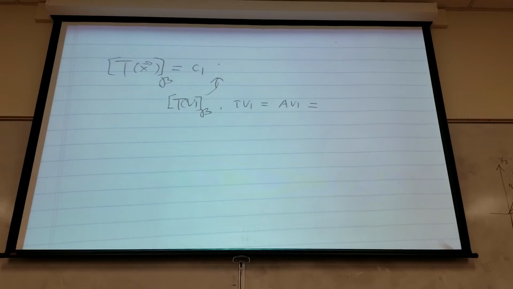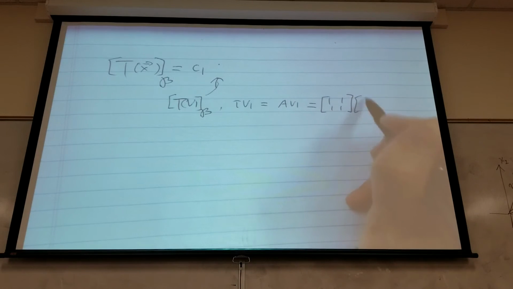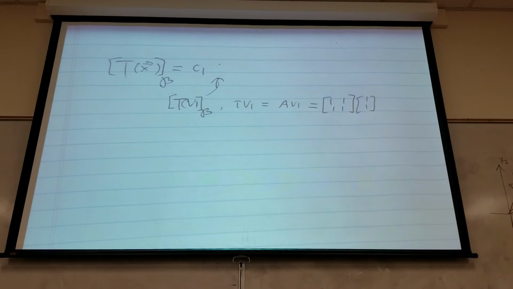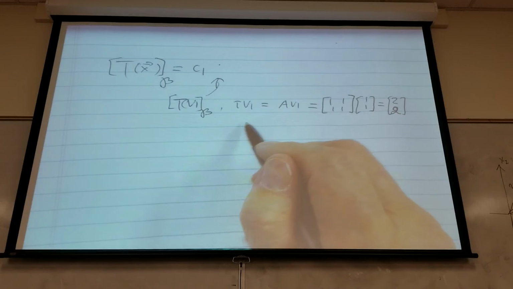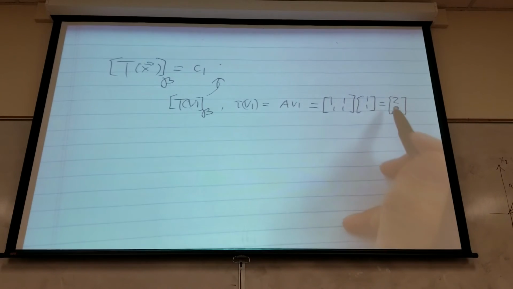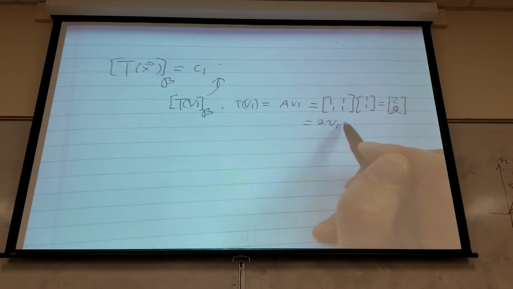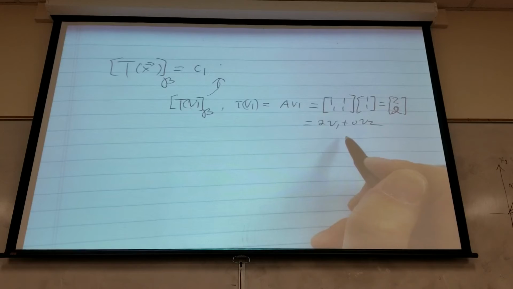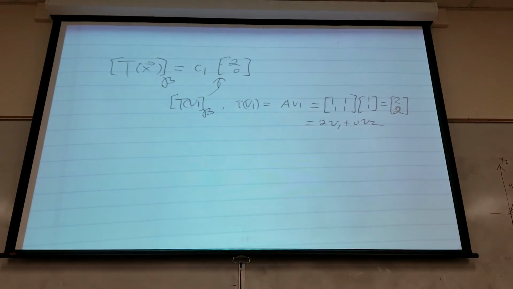You do AV1. So that is 1, 1, 1, 1 times 1, 1. What are we getting? 2, 2, right? And then what is the coordinate? Remember, 2, 2 is 2v1 plus 0v2, right? So that's 2, 0. Plus